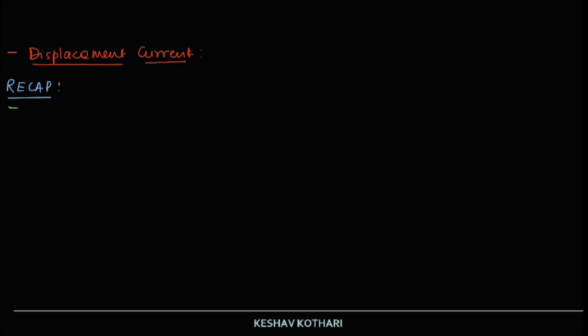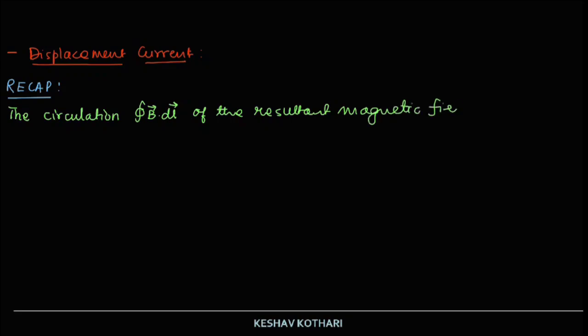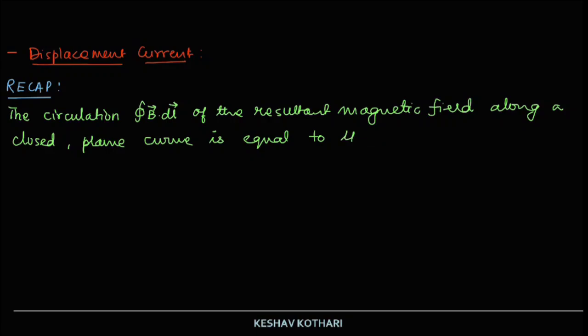the circulation, that is cyclic integral of B dot dl of the resultant magnetic field along a closed plane curve is equal to mu naught times the total current crossing the area bounded by the loop,